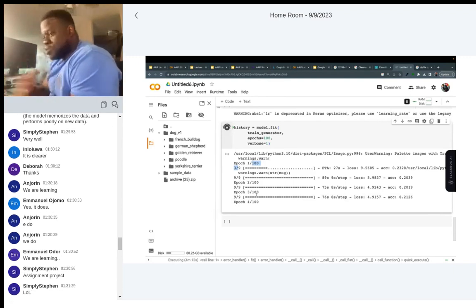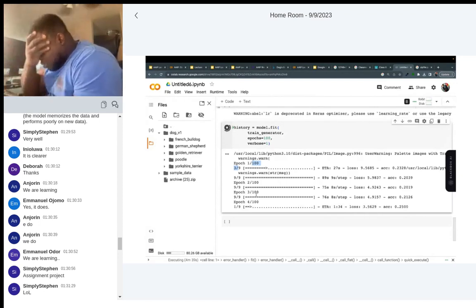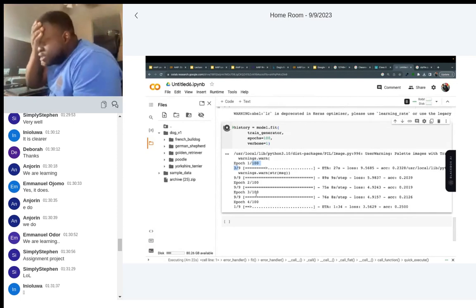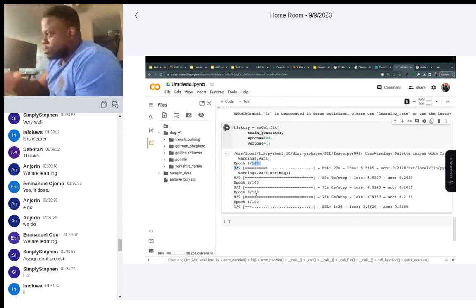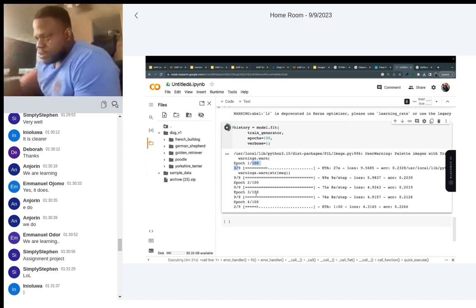Use the notebook, do whatever you can, and I'll attach two links or data sets where you would do image classification and regression.